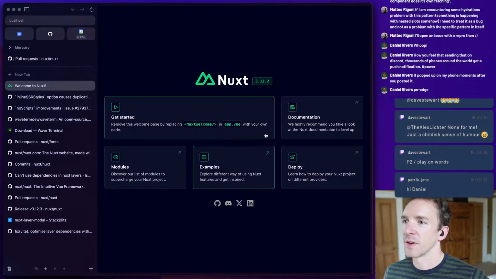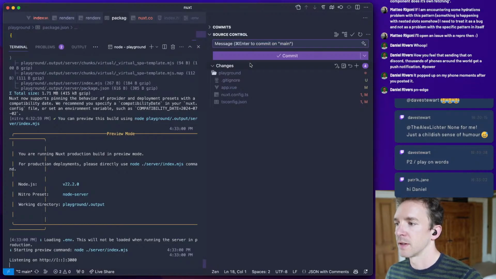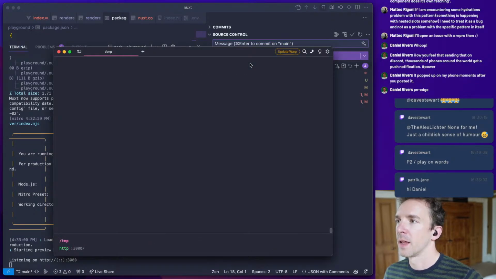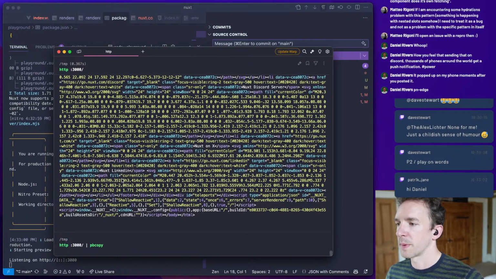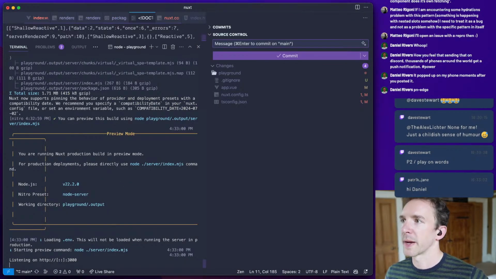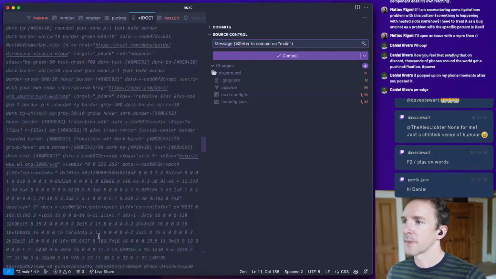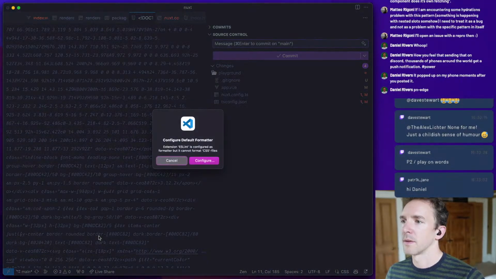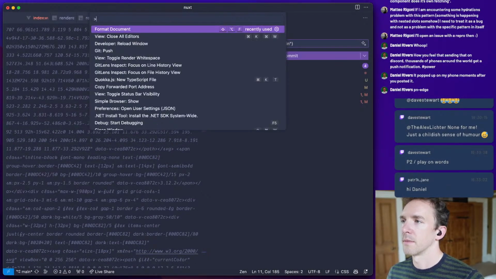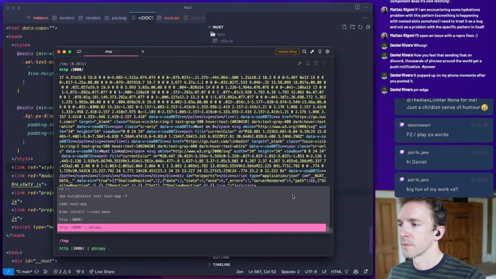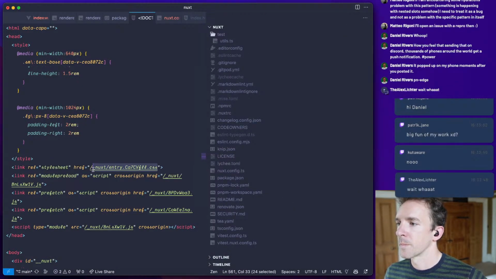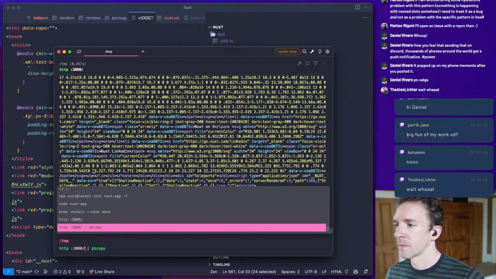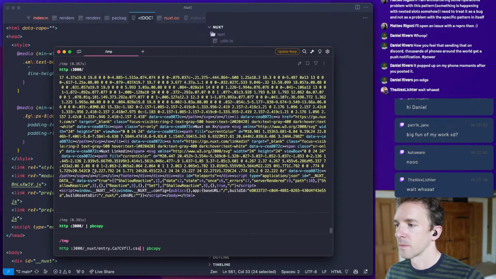Okay, so here is our page. Let's just have a look at what is being rendered. So I'm going to copy that to my terminal. We're going to inspect it in our editor. And this looks like this.